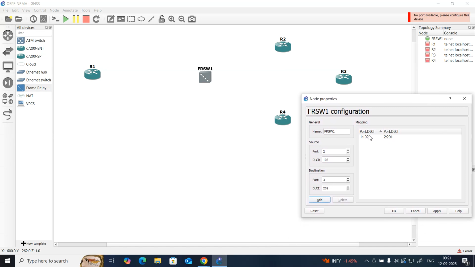I'm having a DLC number 101 on port number 1, which is going to be connected to router 1, and 201 that's going to connect to router 2. And again on the same port 1, I'm going to have 103 and port number 3, 30